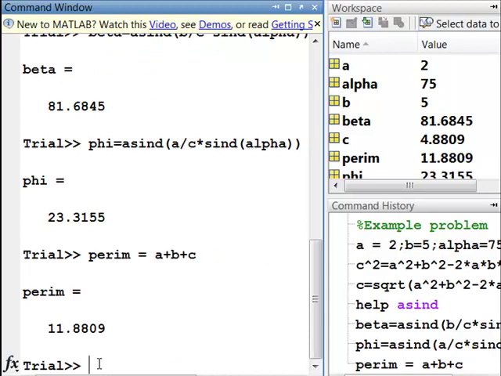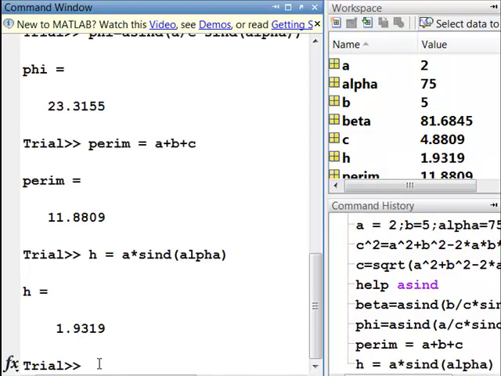The perimeter of this triangle is 11.88, and then remember that the area is going to be 1/2 times base times height, and we determined that the height, h, is equal to a times the sind of alpha. So there's h, 1.93,